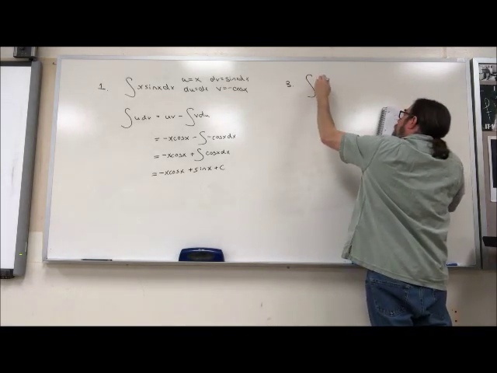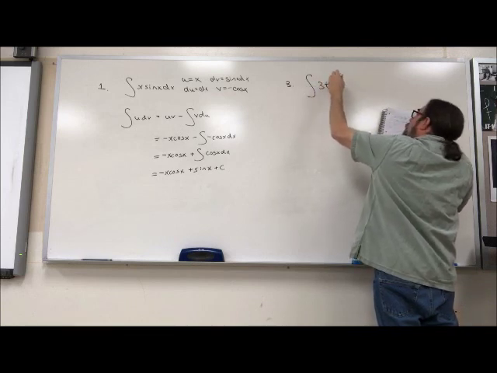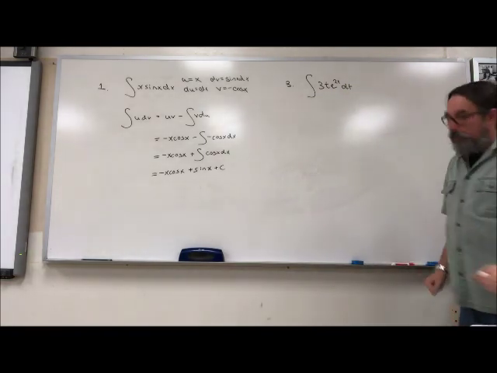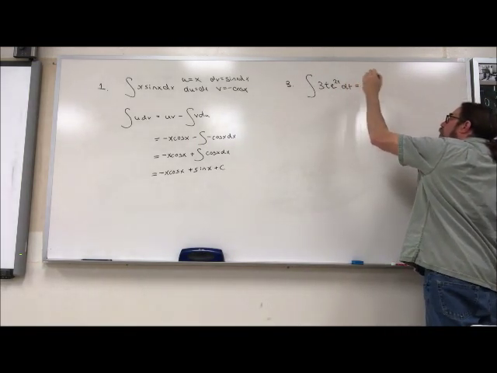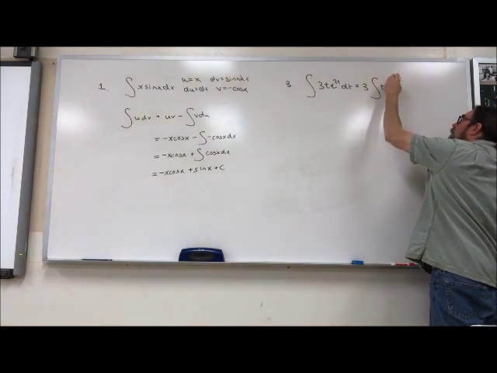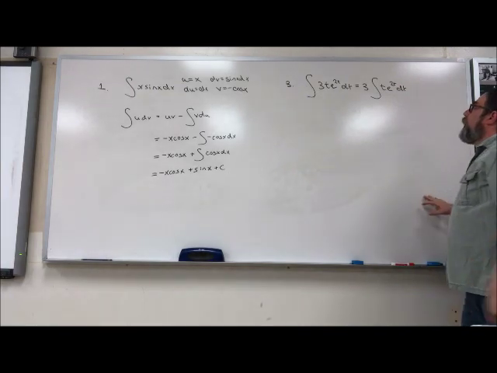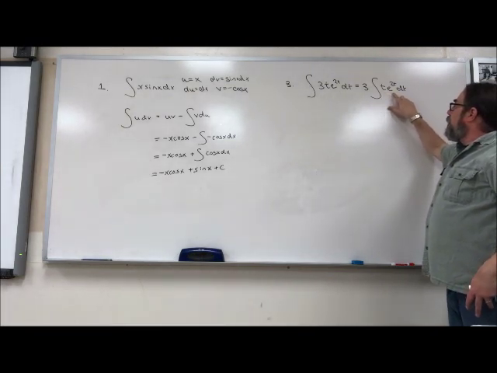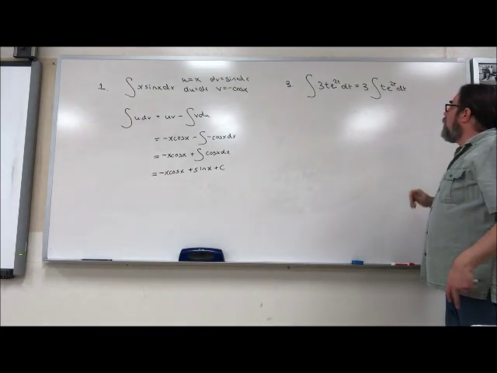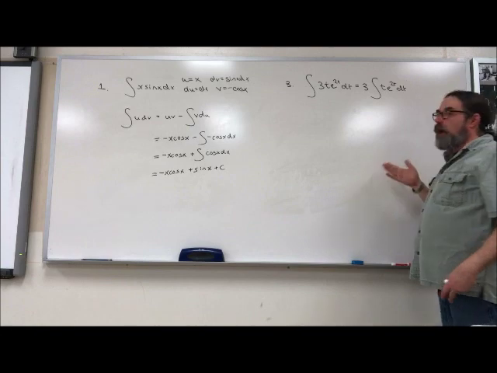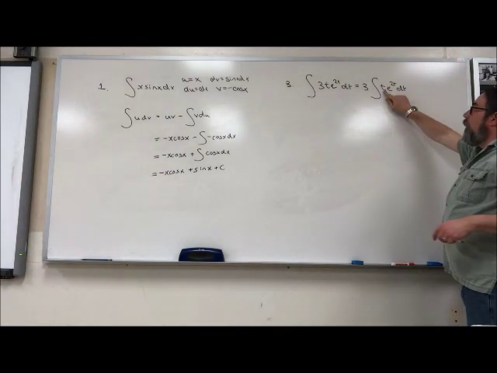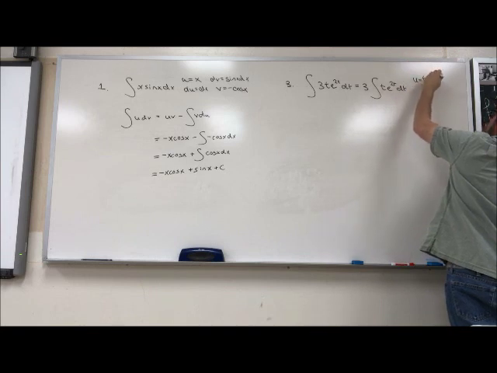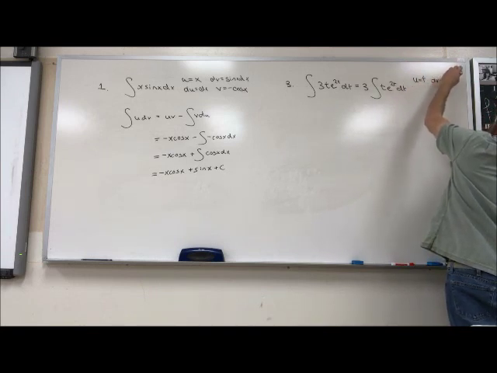We have the integral of 3t e to the 2t dt. So my suggestion, first of all, let's pull the 3 out. It's just in the way. So we've got t e to the 2t dt. Now, both of these have derivatives that are fairly simple, but the antiderivative of t is going to be t squared over 2. So it's actually getting more complicated. So we want to make that equal to t. So if u equals t, and we're going to let dv equal e to the 2t,